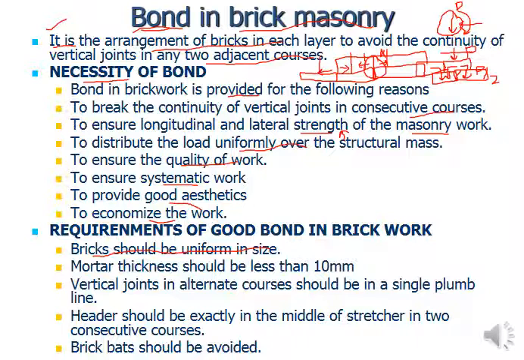Let's suppose you want to distribute your load from one brick to another brick by placing the size or dimension 4.25 on this side and 4.25 on the other side, so half on one side, half on the other side. So your bricks should be of uniform size, otherwise you are going to face difficulty in giving a proper shape or proper pattern of that type of bond. In all of the sides, width, length and height, they should be uniform.